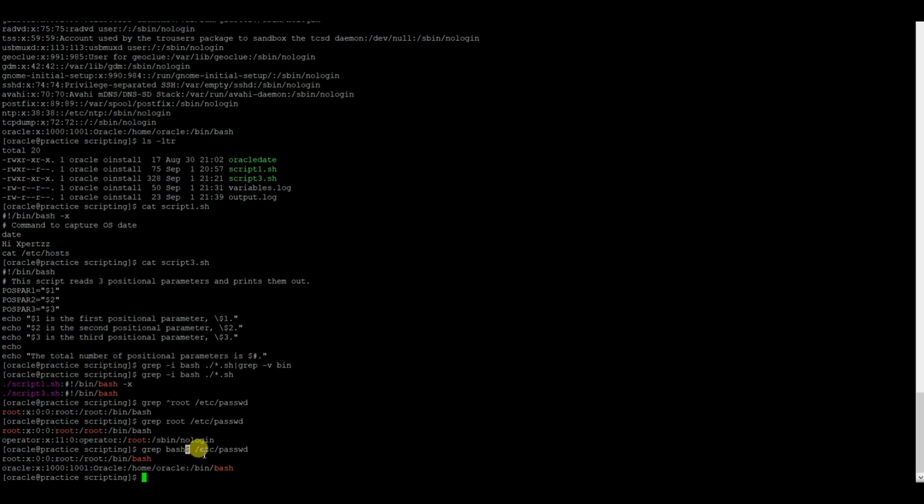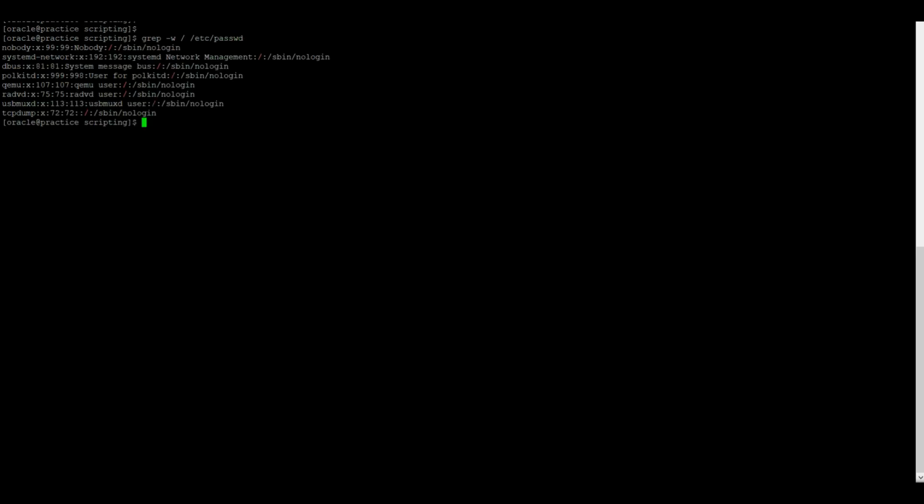Now if you want to create regular expressions with blank spaces on either side, how will you do it? Let me clear the screen once. grep -w is the option, slash etc slash password.